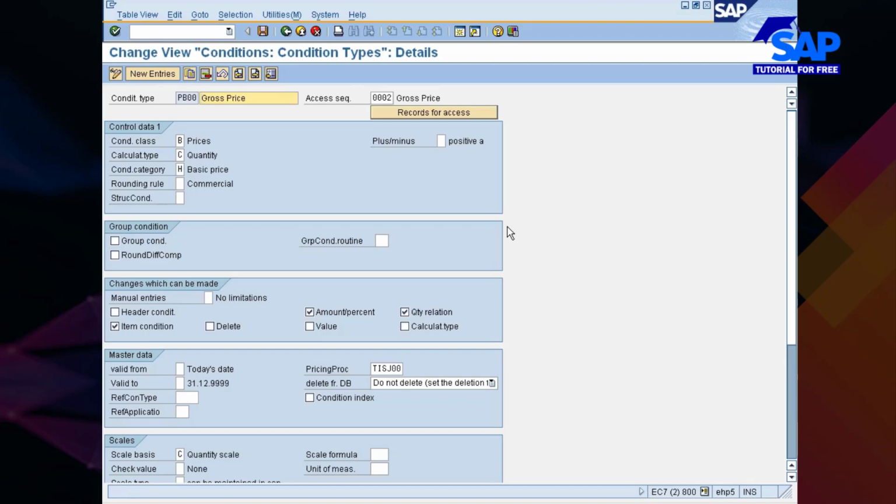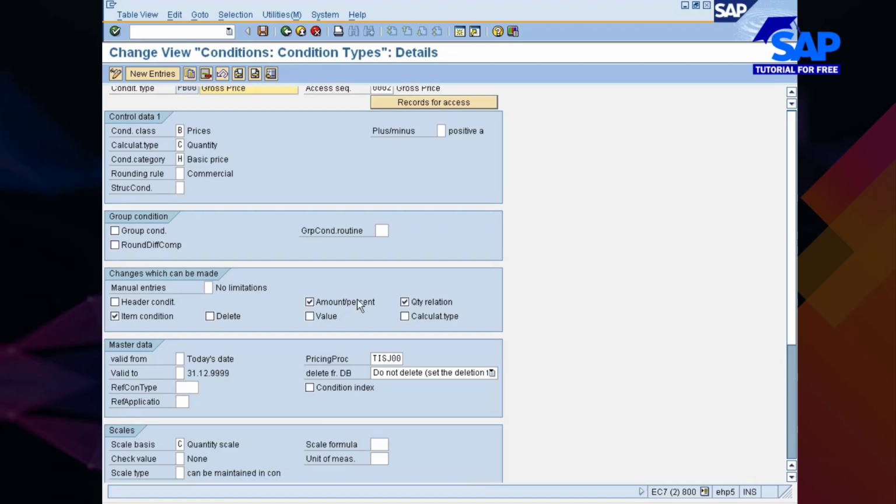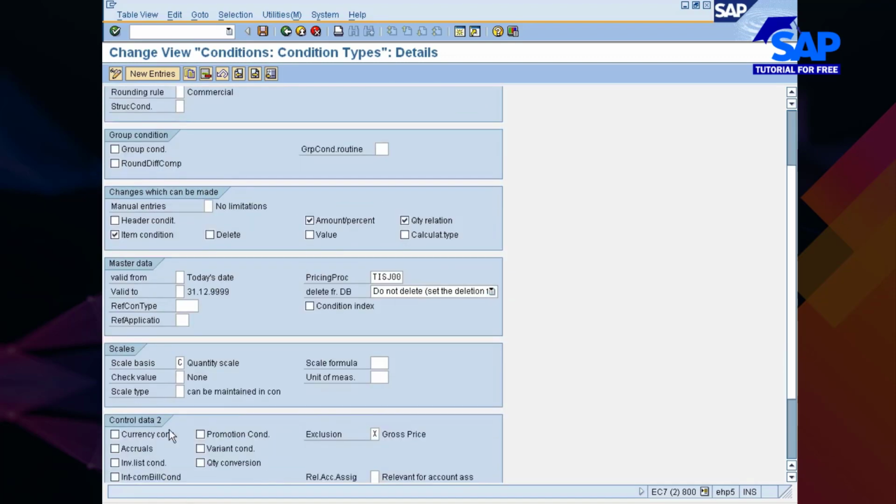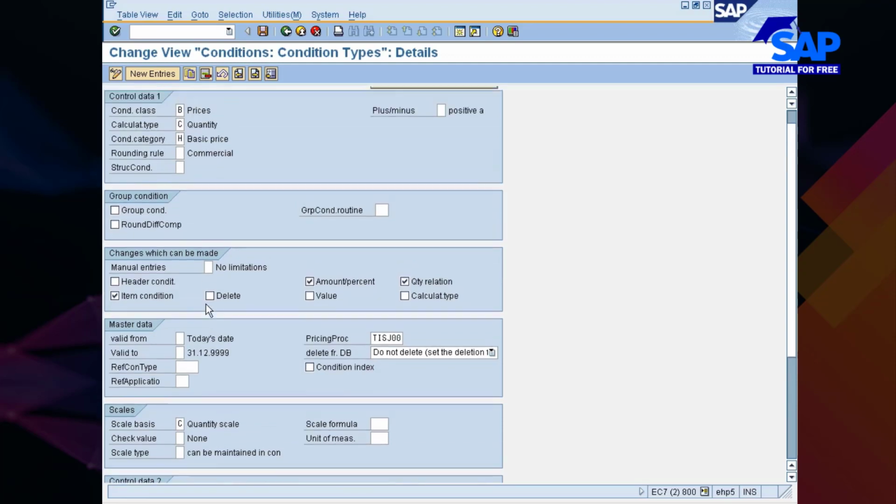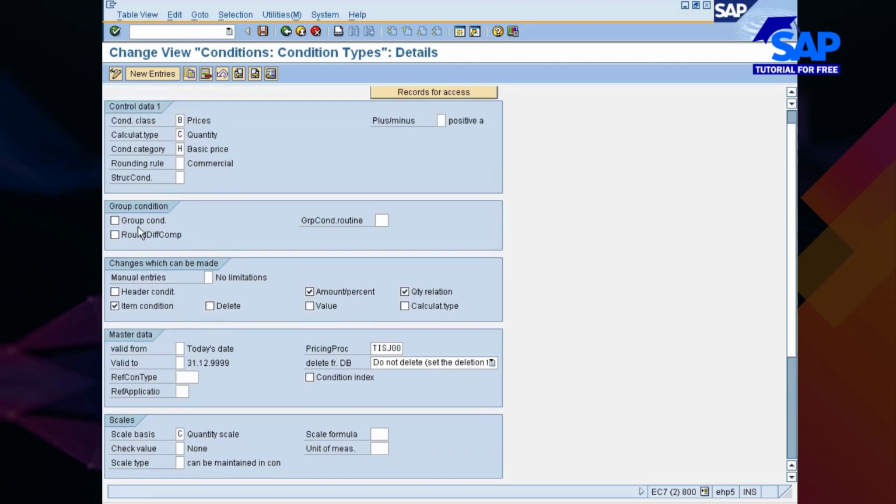So your basic condition type contains control data 1, control data 2 sections. Apart from that, it also contains master data. It also contains on what basis you are going to define the scales, right? And it also tells you whether it's a group condition or not.